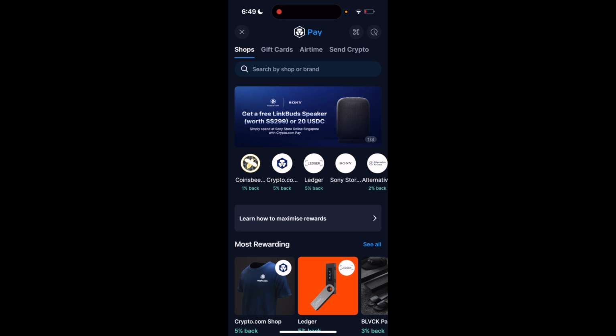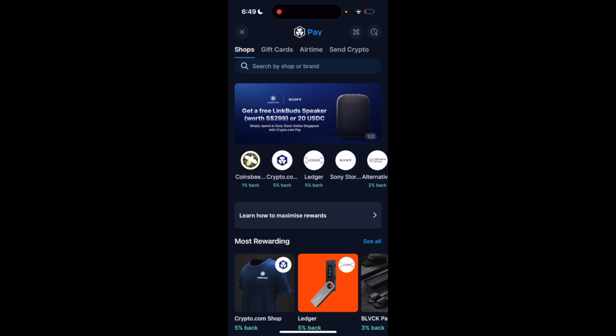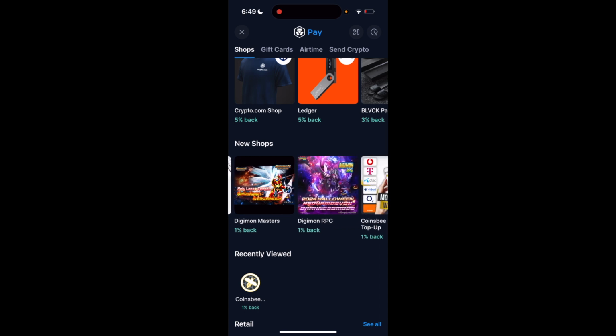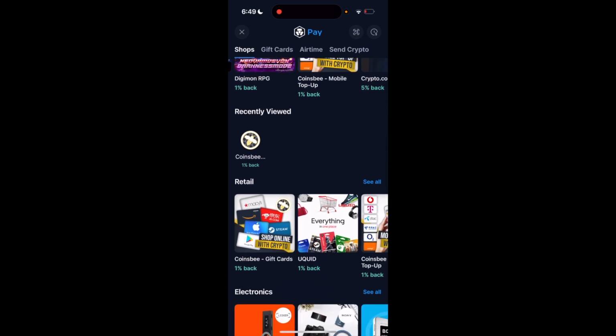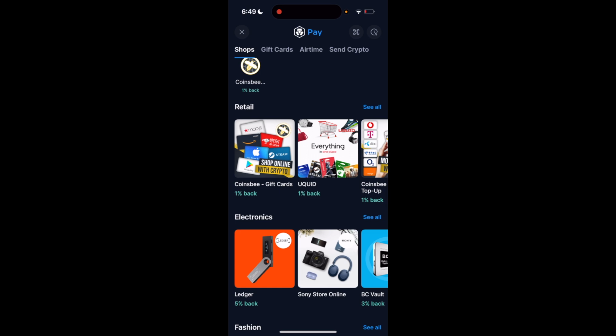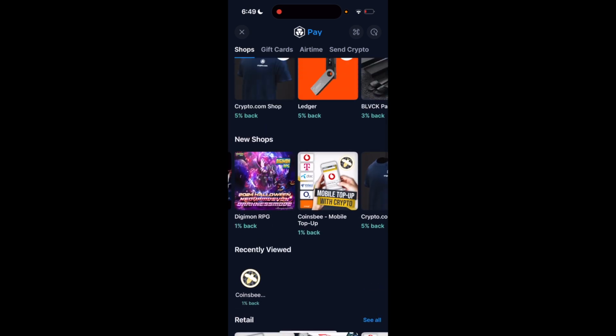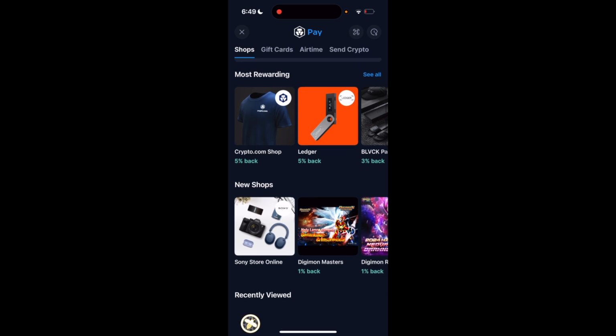So you can go to the top if you want to search by brands. You can also just scroll down and see what they have to offer. So there's a Sony store, for example. There's a bunch of different stuff. So you can use retail stores, whatever the case may be. You can kind of go ahead this way. There's fashion. So for example, if we wanted to go to the Sony store right here, Sony store online, you